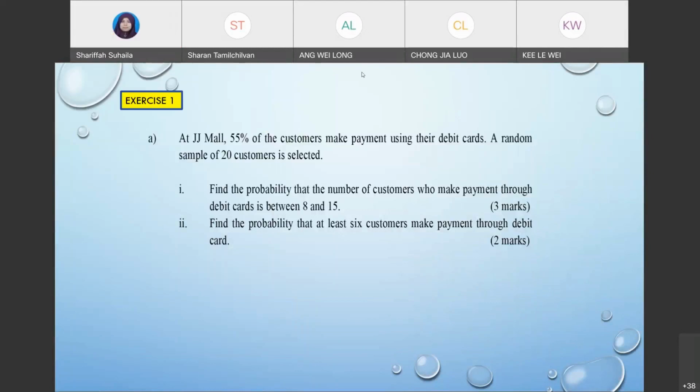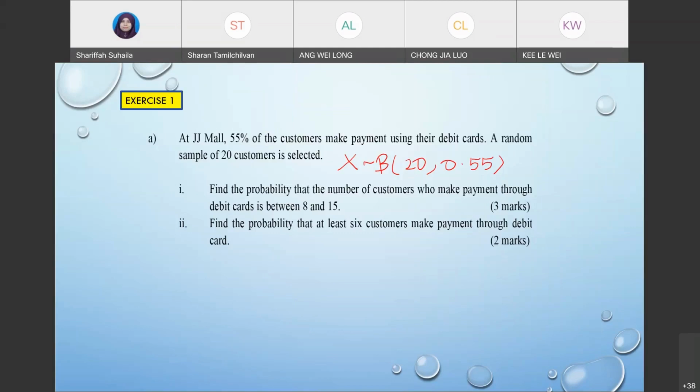Okay, 55% of the customers. So that means X is the number of customers that make payment using their debit cards. So you just write X is binomial distribution, with n is 20 and pi is 0.55. So you want to find the probability that the number of customers who make payment through cards is between